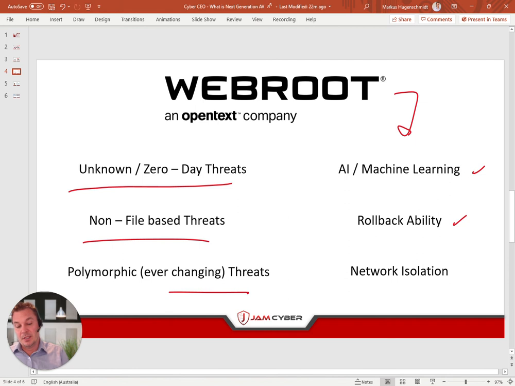Another important one is network isolation. Ransomware and worms and viruses generally, the moment they deploy in a computer, they look across the network to find other computers or software or mobile devices or whatever they can also attack. Network isolation, in the case of a detection of a threat, means that that computer is then shut down. Nothing can connect to the internet anymore. Nothing can connect to anything on the network anymore. The only thing that can happen is that through the WebRoot control panel, your cybersecurity team can access the computer, figure out what's going on and potentially un-isolate the box again.